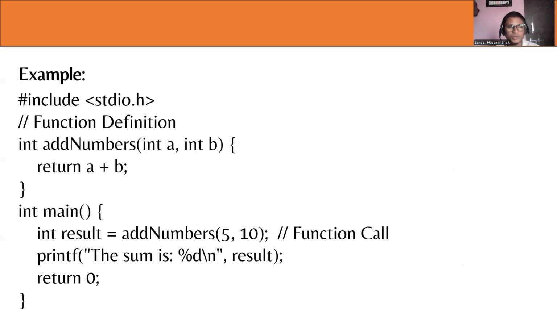Example: #include <stdio.h>. Function definition: int add_numbers(int a, int b) { return a + b; } int main() { int result = add_numbers(5, 10); // function call printf("The sum is %d\n", result); return 0; }